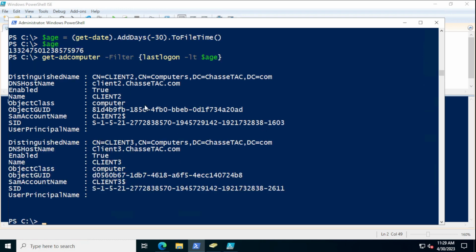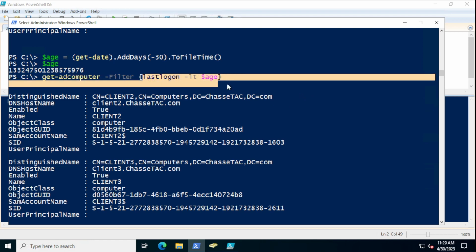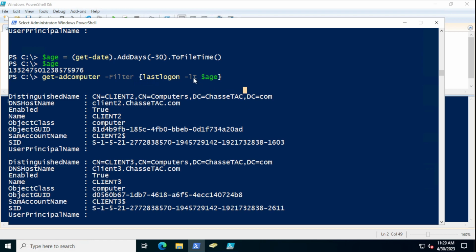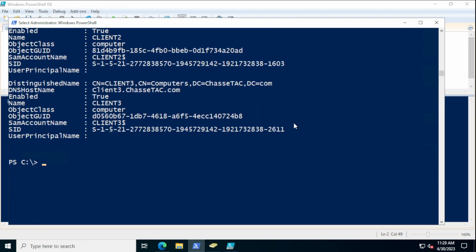And then this would give me the computers, again, out of my four. The only two I've used in the last 30 days have been client 1 and DC 1. So client 2 and client 3 haven't logged in. I don't know when, but it hasn't been in the last 30 days. So if I want just a scan of Active Directory finding computers that haven't logged in the last 30 days or more, okay, so again, it's less than what the date was 30 days ago, that's how you could do it. All right, so last thing,